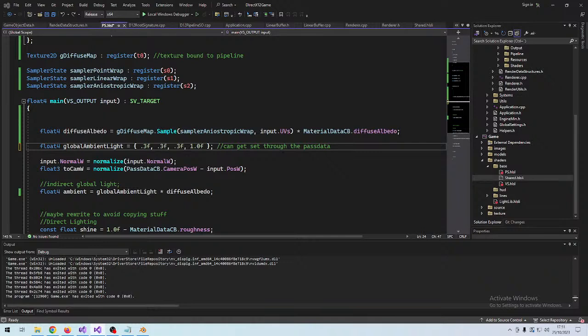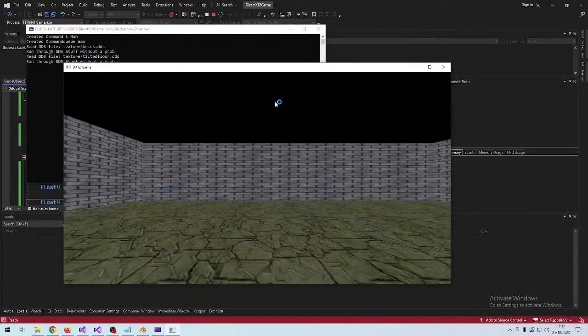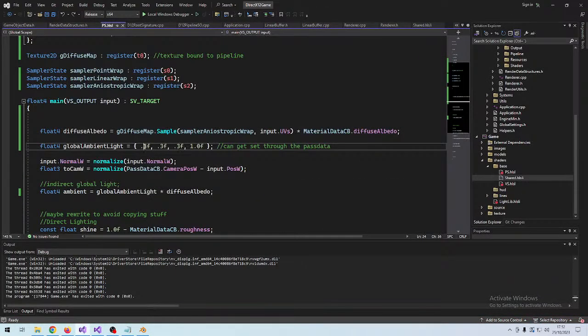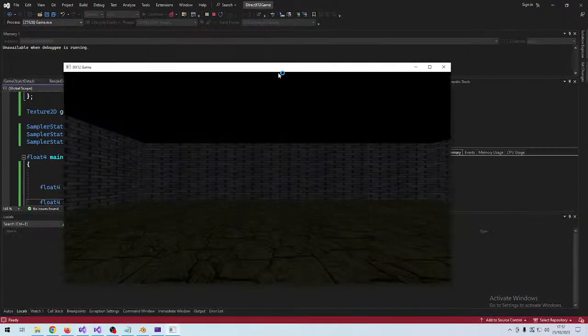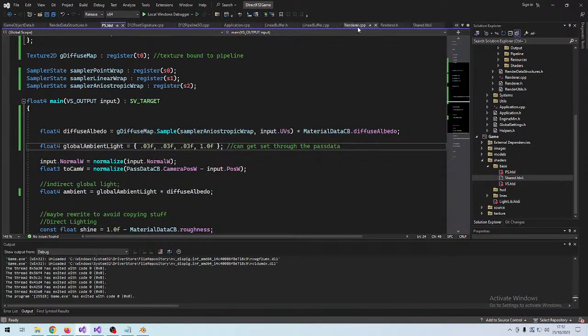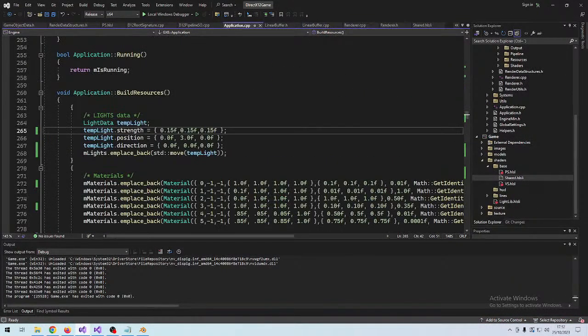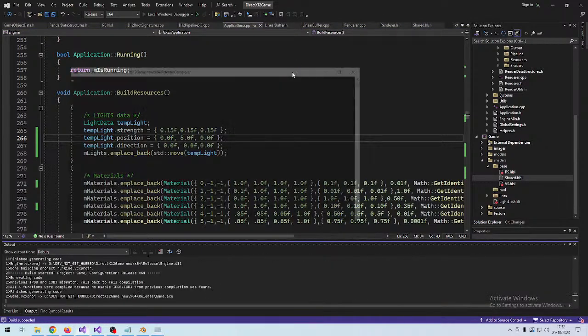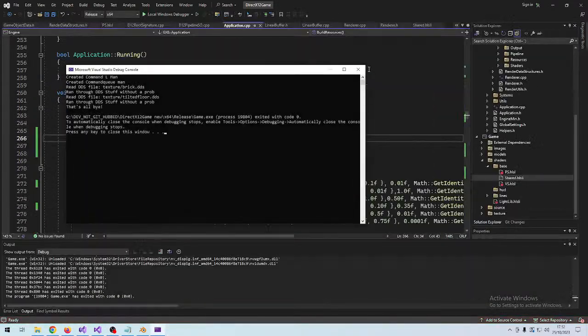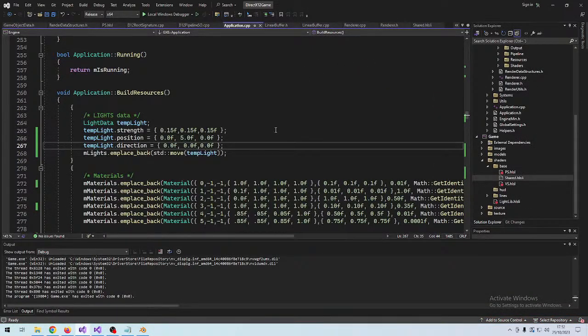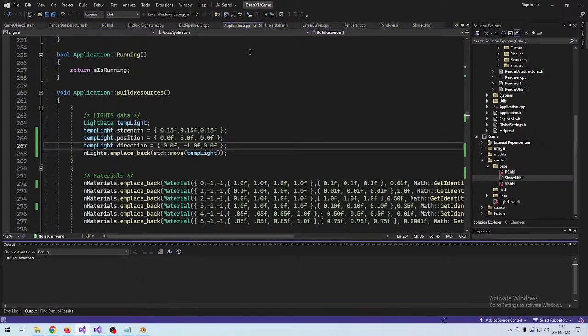Yeah, I think it is fine. Let's reduce this and play a bit around with the lighting mechanism here. Let's see. Let's raise it a bit. So yeah, if it doesn't get,